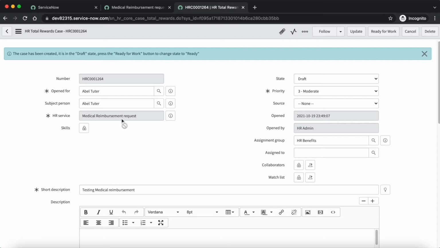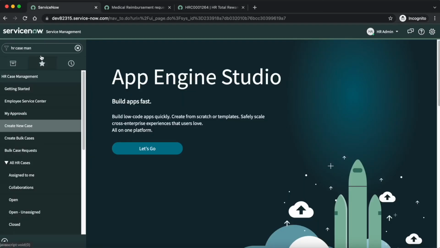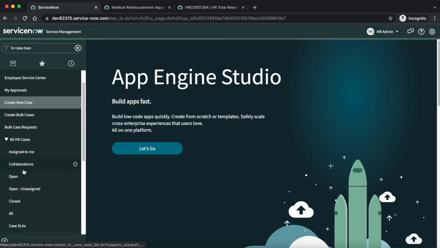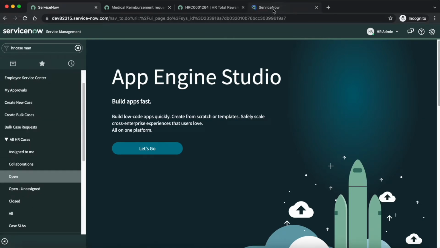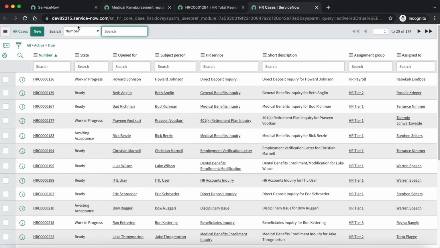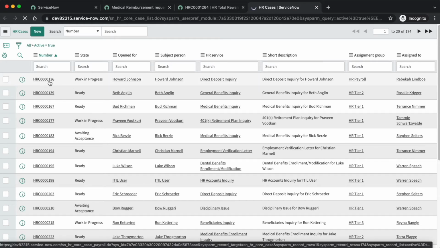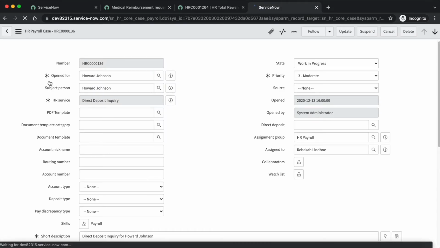Now let's see how we can attach it manually to any HR case. So for that we will have to select any HR case. So let's select any HR case already created. So let's see whether it has any checklist configured or not.